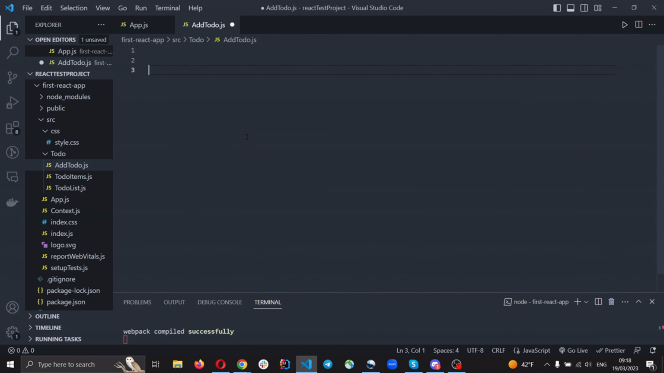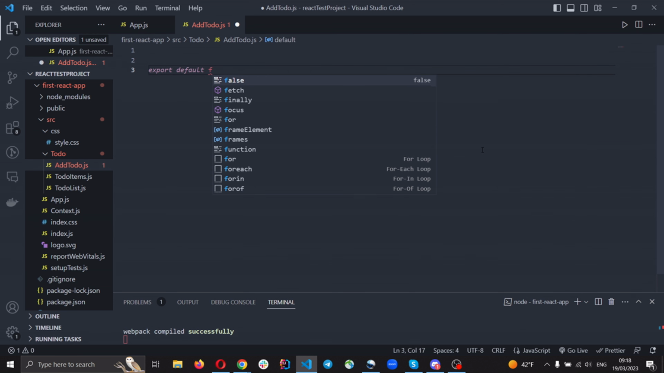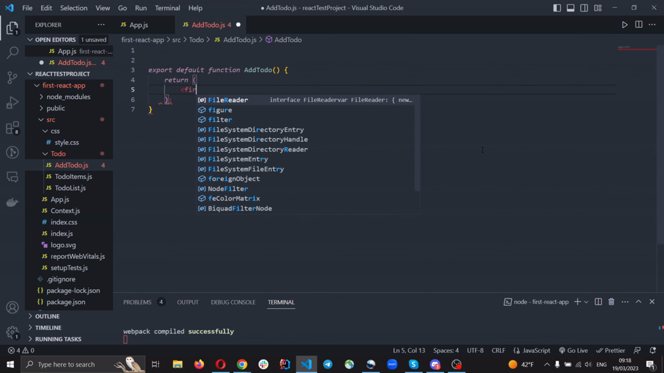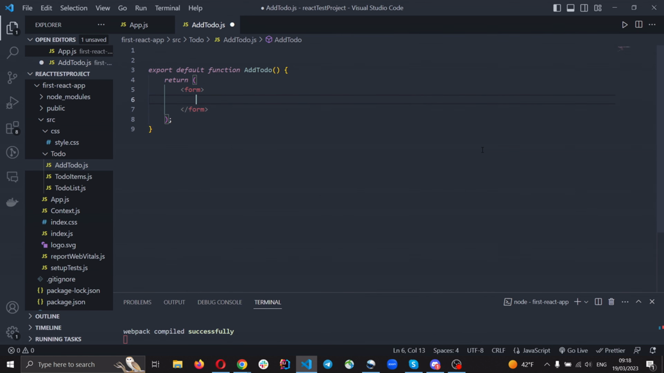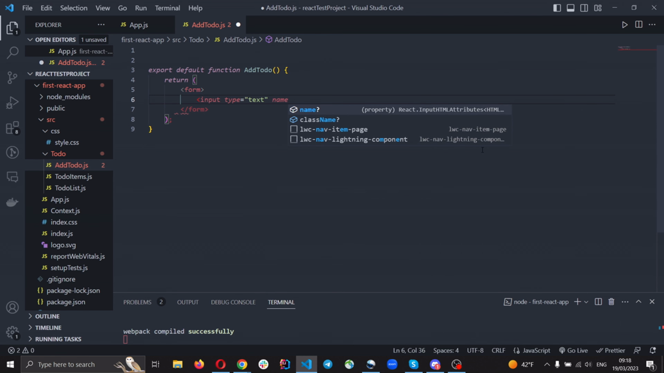So first of all, we need to create a function. The function we'll call AddTodo. And we need to create our markup. We create a form, input field, input, this type text, and name will be, for example, nameTodo,